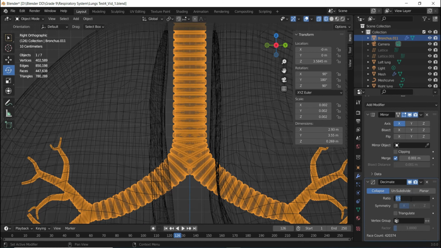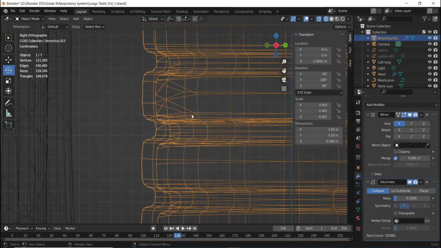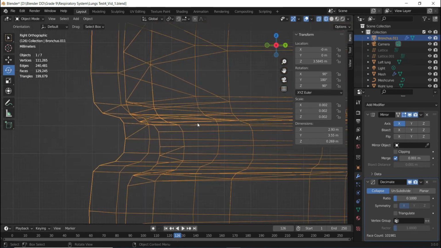Again, if I reduce it to around 0.1, we need to wait. All right, now the result is visible to us. If I zoom in, the mesh is a bit lighter and the face count has reduced all the way to 129,000 from 750,000.